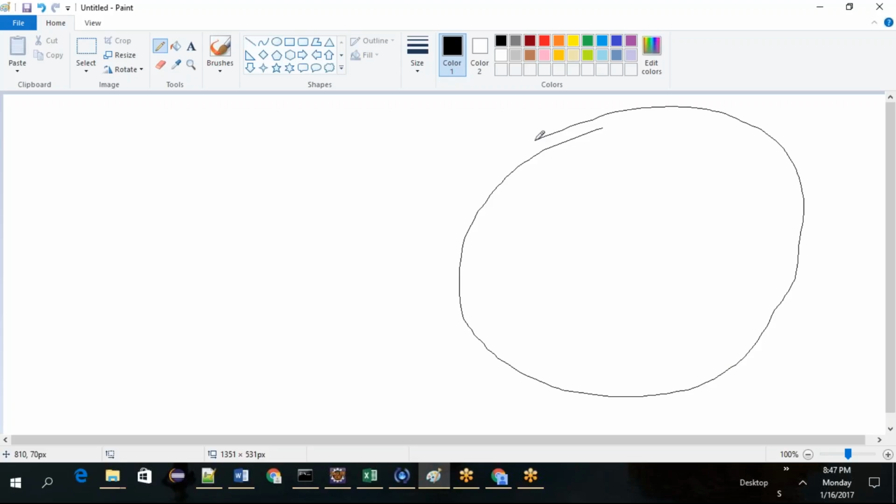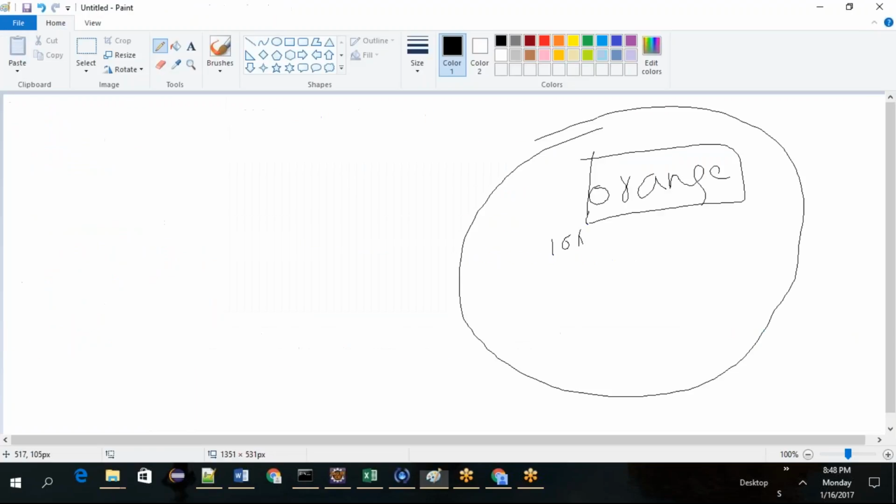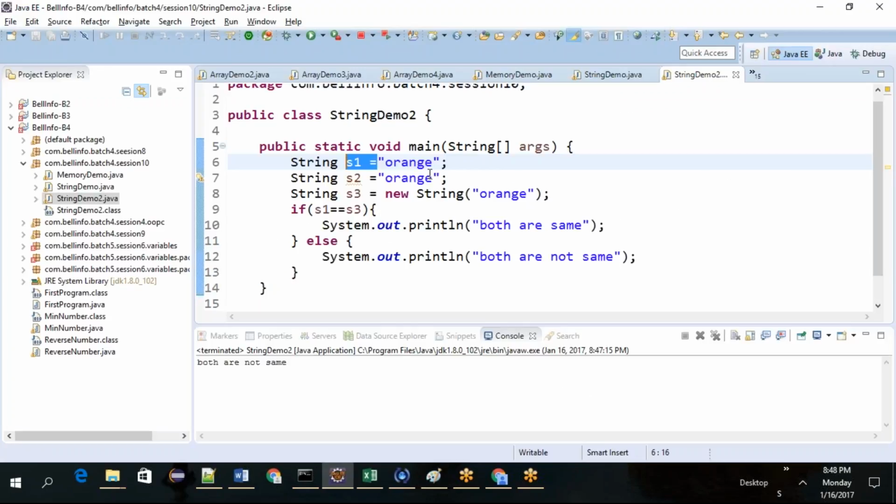And first thing, when you try to create S1, an orange object has been created and address starts with 101, let's say. And when you assign it to S1, what will happen? S1 is going to hold 101 address.